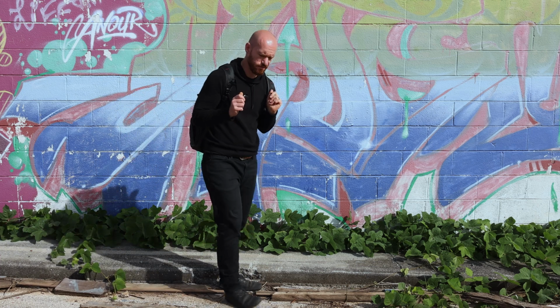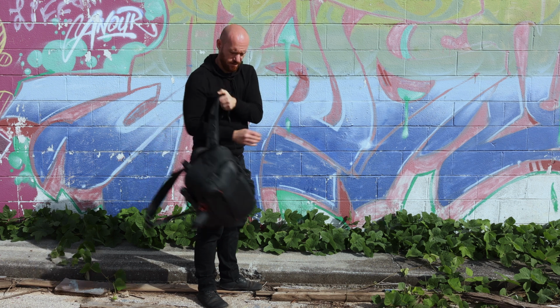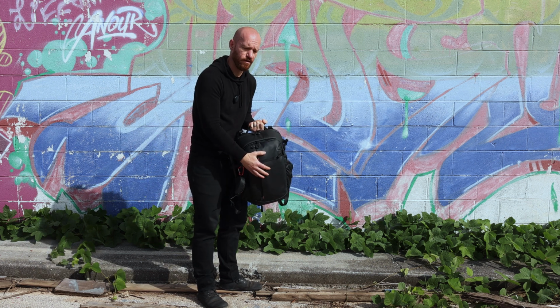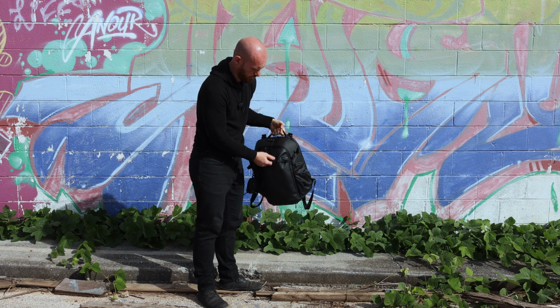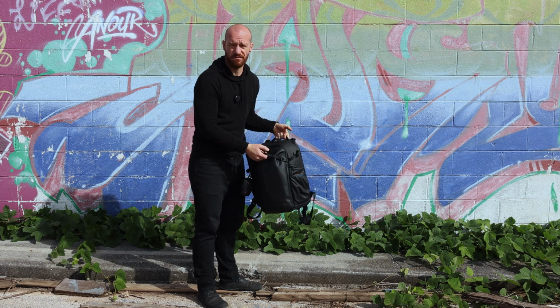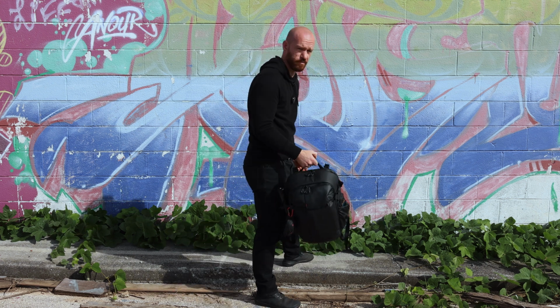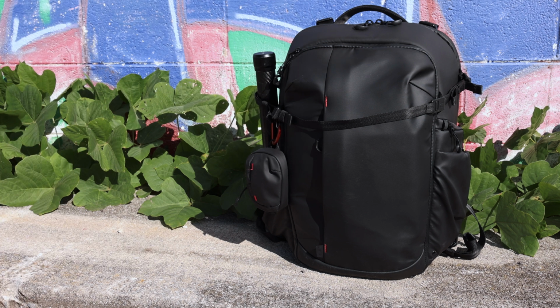For years, I've searched for the perfect bag. This is as close as I've ever been able to find to my grail bag, to the perfect bag for me. Obviously, there's no such thing as the absolute perfect bag unless you're Mary Poppins, but this one, the Ulanzi